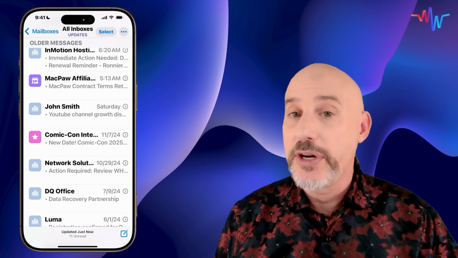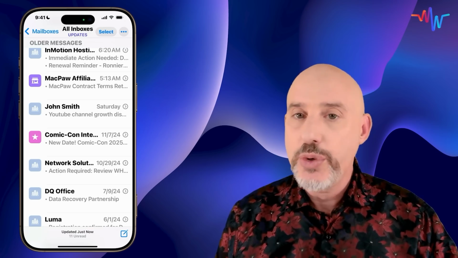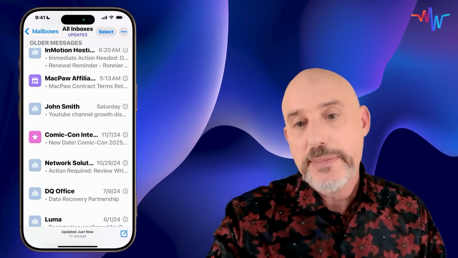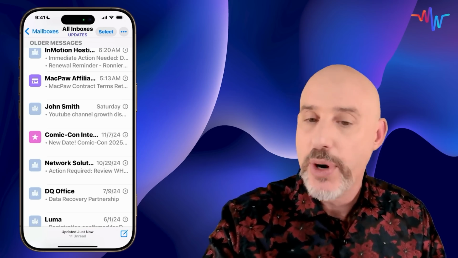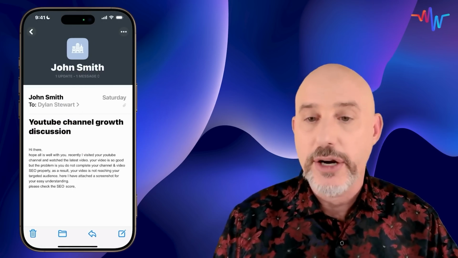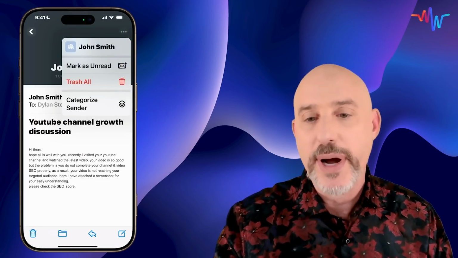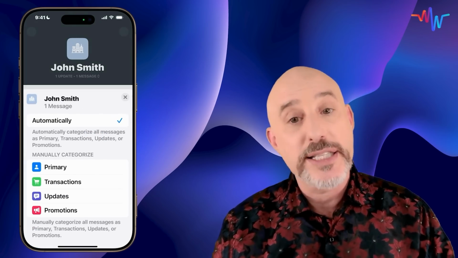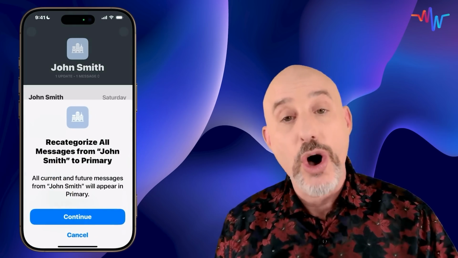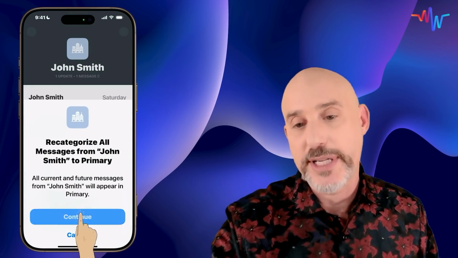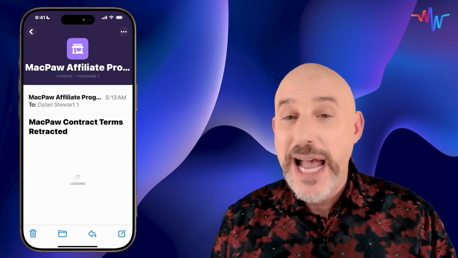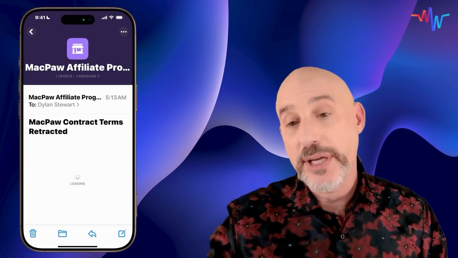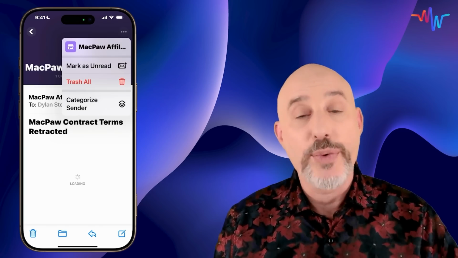Sometimes something gets put into the wrong category though, but there's a tool that can fix that. This John Smith should actually be inside of my primary. So if I click on it here and click on the three dots in the upper right hand corner, I can categorize the sender and make sure that he is always categorized in the primary section. You can move things in or out of any category by simply going up to those three dots and recategorizing